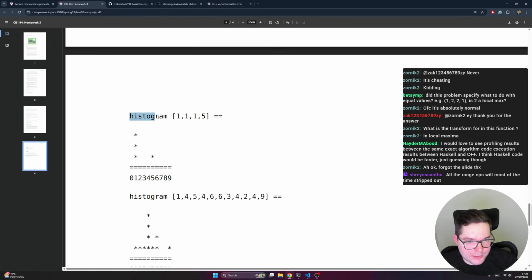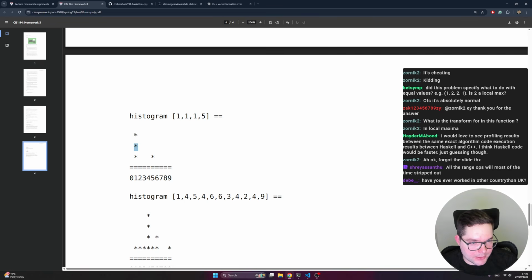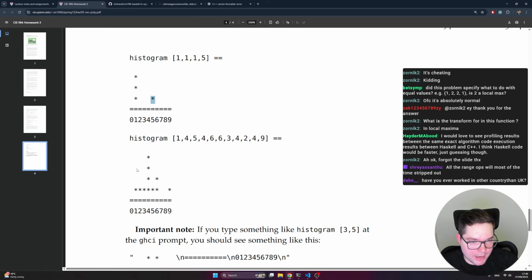So here we have histogram 1115, and it draws this really simple ASCII art. There are 3 ones, which means there are 3 stars above 1. And there is 1 five, which means there is 1 star above 5. If there is a slightly more convoluted histogram than this, I'm not going to count all of this. I hope it's correct, but you get the idea. It's basically to draw this